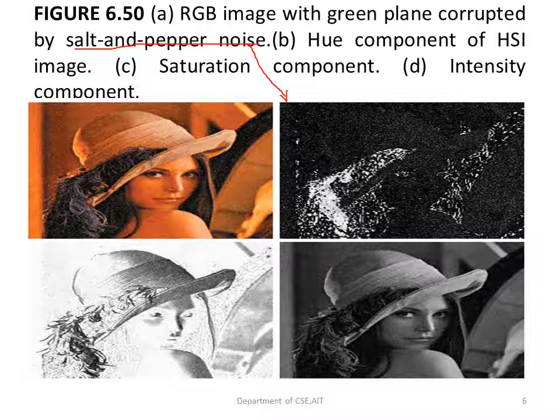In the figure, A is showing an RGB image whose green image is corrupted by salt and pepper noise, in which the probability of either the salt or the pepper is equal to 0.05. The HSI component images in figures B, C and D show clearly how the noise has been spread from the green RGB channel to all other HSI images. This is not unexpected because the computation of the HSI components makes use of all the RGB components, as we know from our previous discussion.